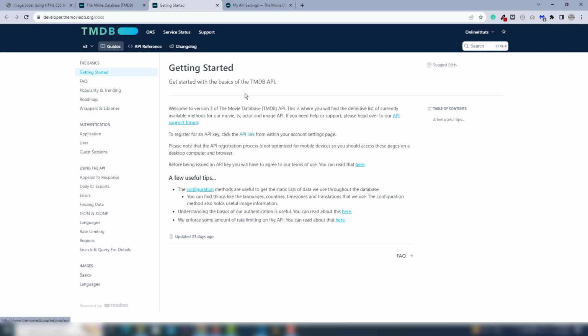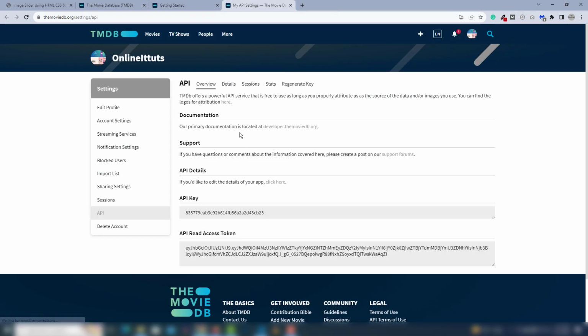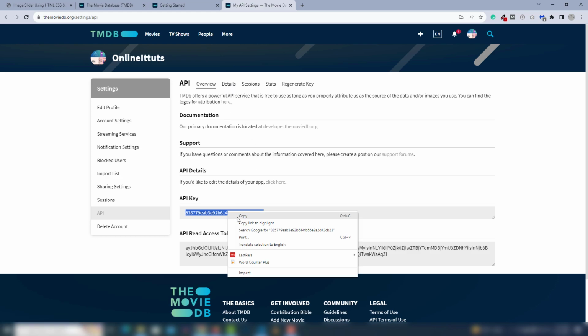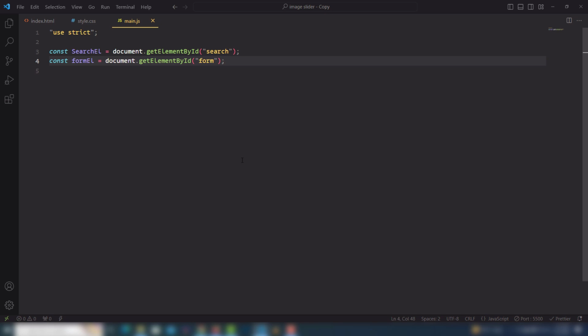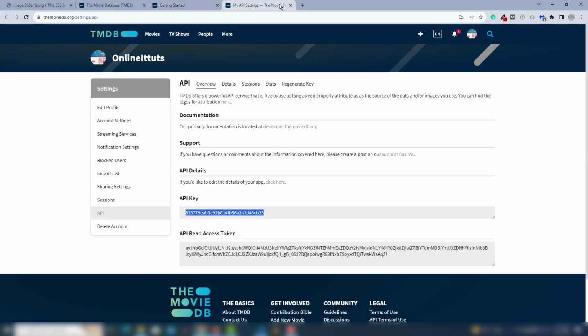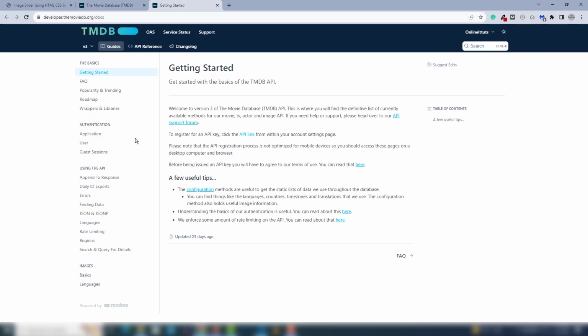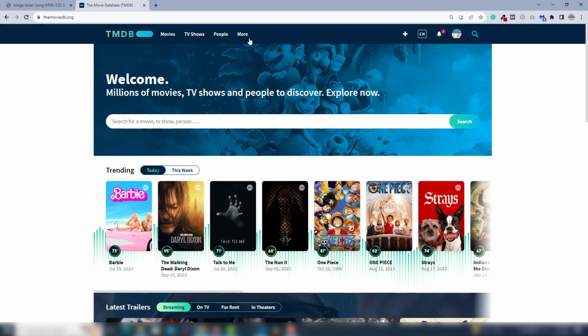So I'm going to right click it and I'll open that in the new tab. So here is my API key. You need to get the API key from this website, and once you get that, I'm going to use it as a comment and use API key. The next thing you need to get is, I'm going to close this one here, image path. So I'm going to show you from scratch. You need to go on one more time API